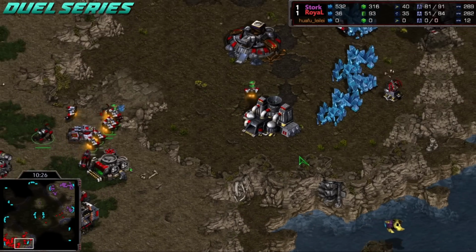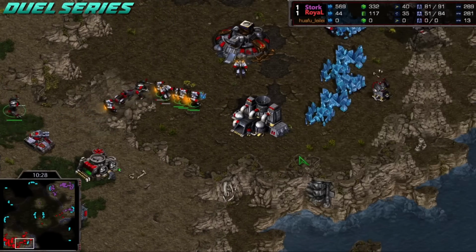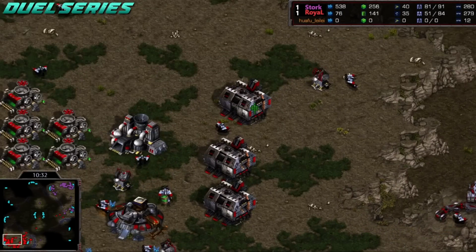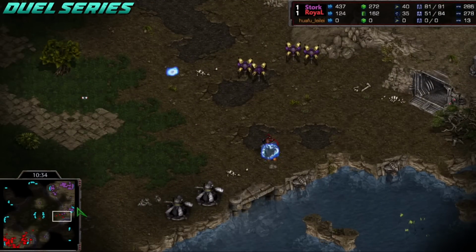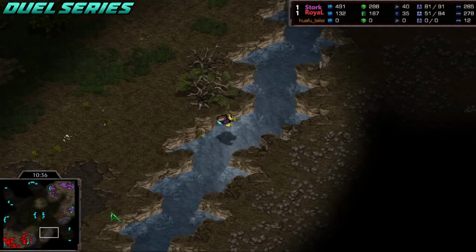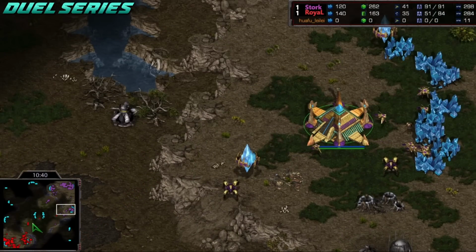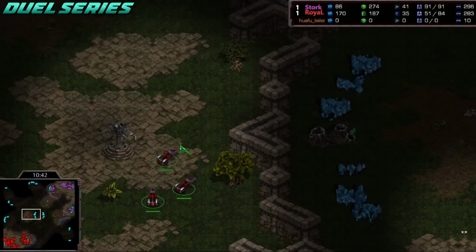Goliaths here don't have range, and the shuttle has speed, so he can keep that alive. Not as much damage as I thought. I thought he would get way more damage with this Reaver, but he does clean up the attack, and he keeps his probe count at a pretty healthy number. 40 probes available to him right now, and